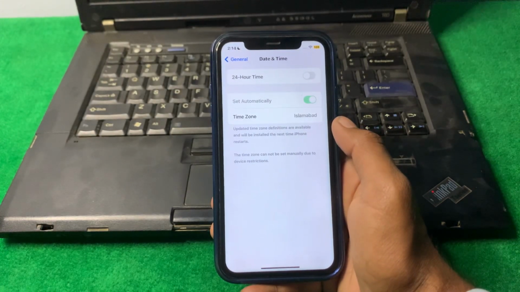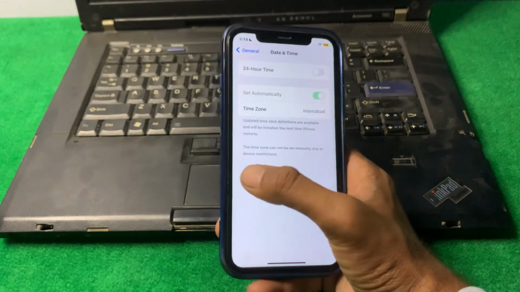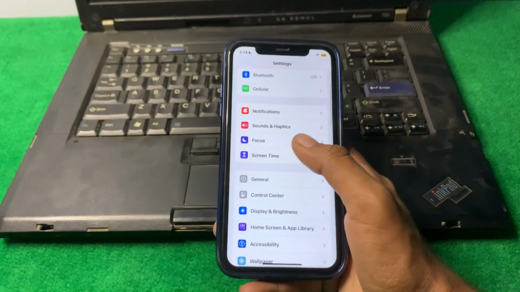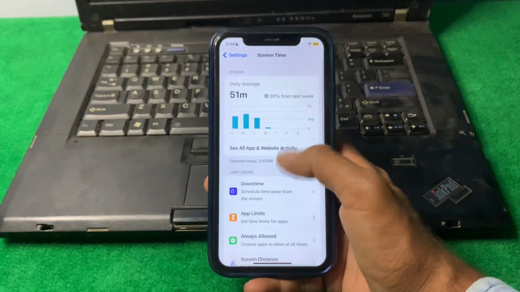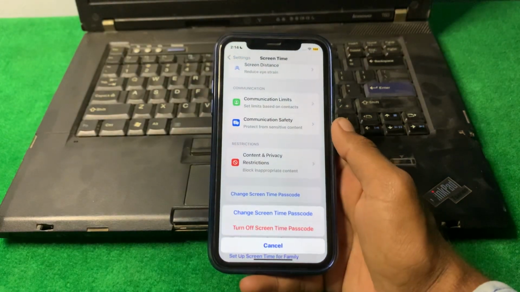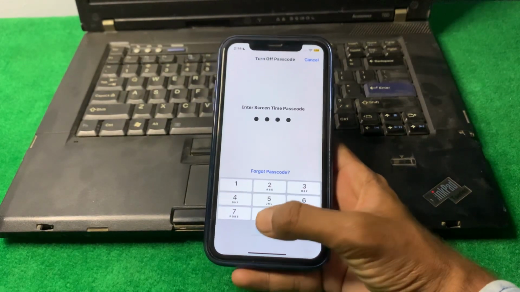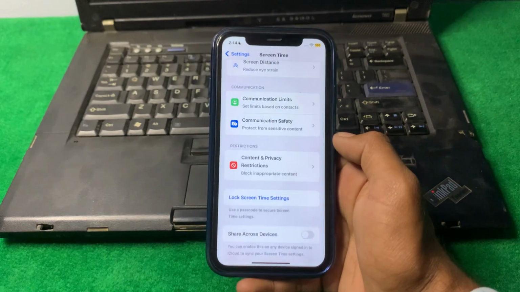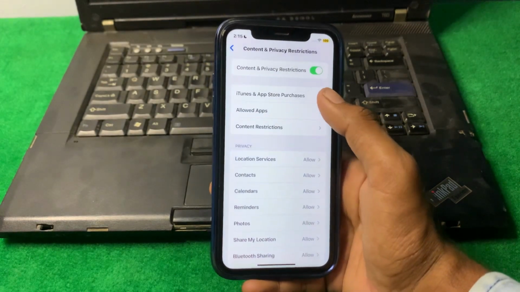Make sure that your date and time is set automatically, and after that simply go back, tap on Screen Time, scroll down, then tap on Change Screen Time Passcode, turn off Screen Time Passcode, enter your Screen Time passcode, and after that simply tap on Content and Privacy Restrictions and tap on iTunes and